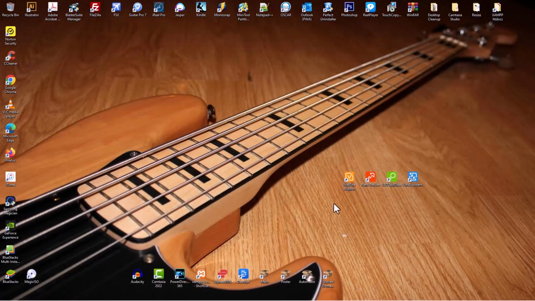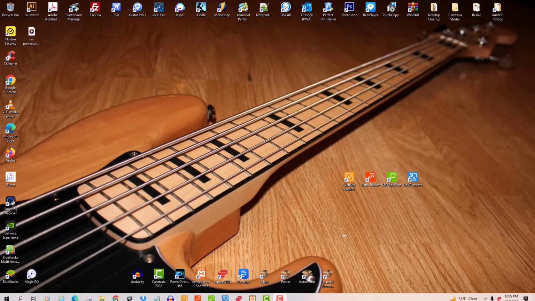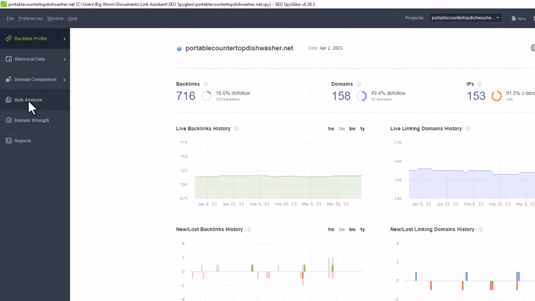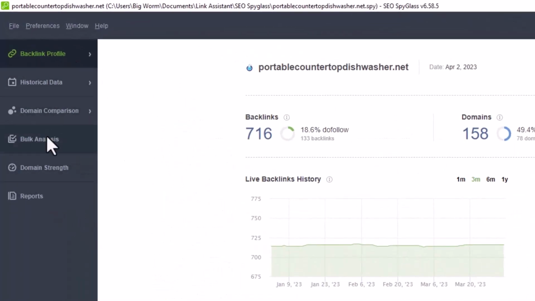So that there is Website Auditor. And then the next tool we will look at is Spyglass. So let me just scroll down here, open this up. I've had the program run in the background as usual. Once again, same project, and as with the other tools, I'm going to just work from the left side and then just go down,